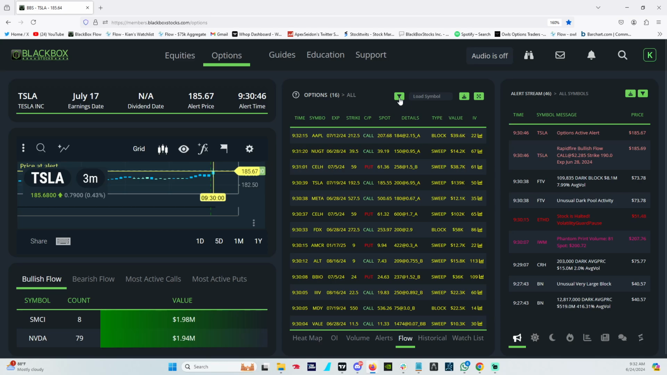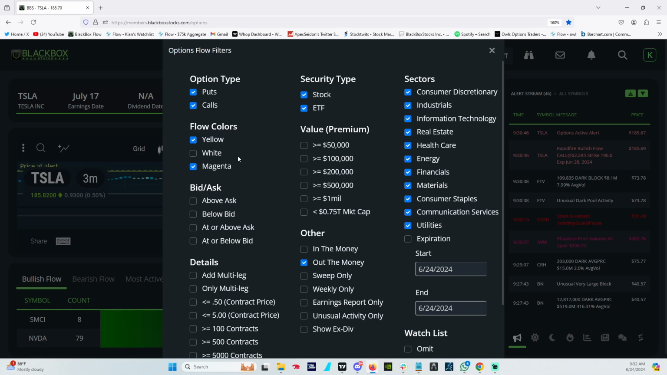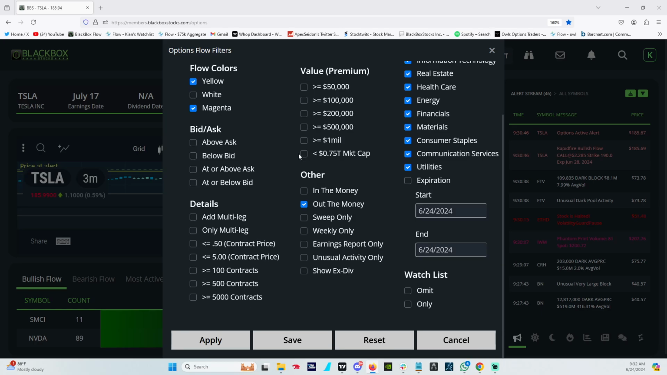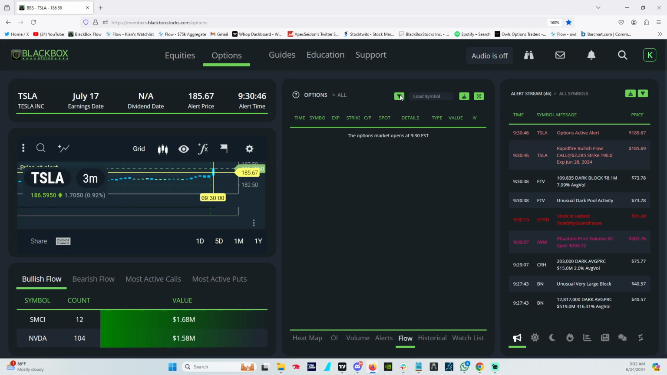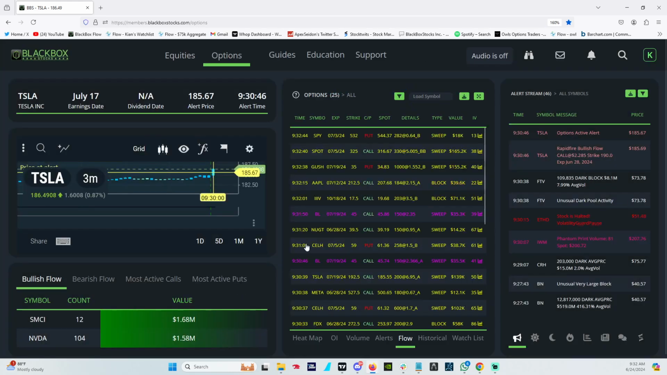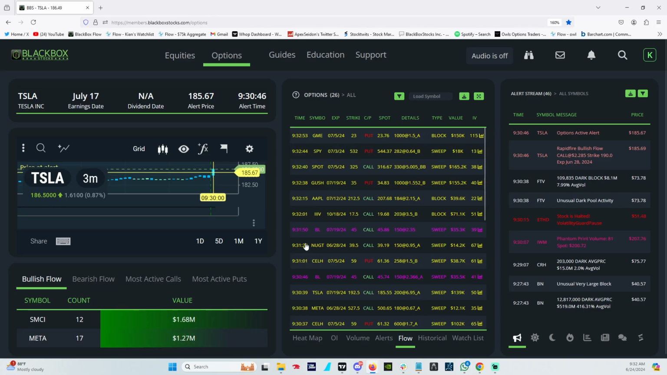So the filters that I have right now, puts and calls are on. The yellow and magenta colors are on, and I'll explain what those are in a little bit. Also, yeah, so I have all the premiums on. I don't want to miss anything. And out of the money. Actually, no, I want in the money as well. I do like in the money as well. Okay, I did not want that. Oops, there we go. Just because if there's in the money put sellers, for a heavy size, then that's definitely